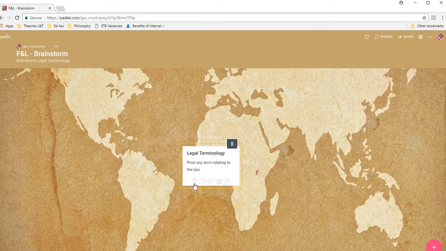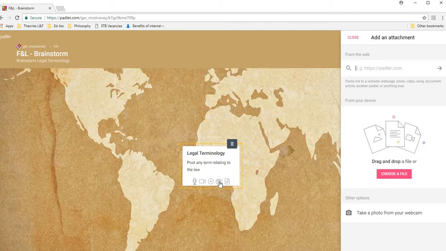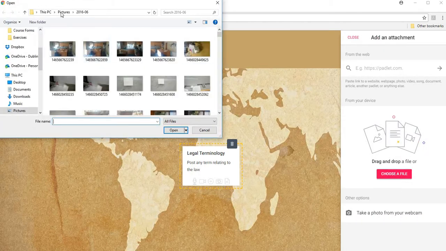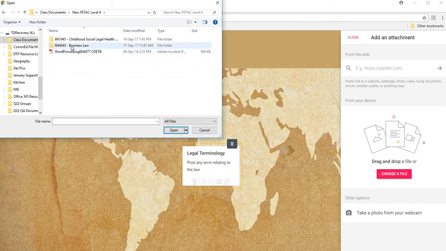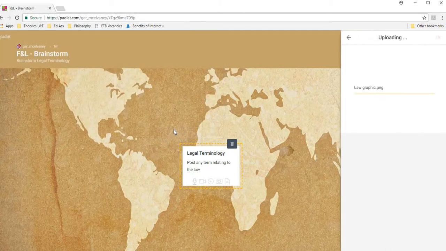Okay, and you can add a little voiceover to it. You can add a video, you can add a picture. So we'll just add a quick picture here. So we're just going to choose a file, and okay, we don't want those. Just put this graphic in. Okay, and it's just